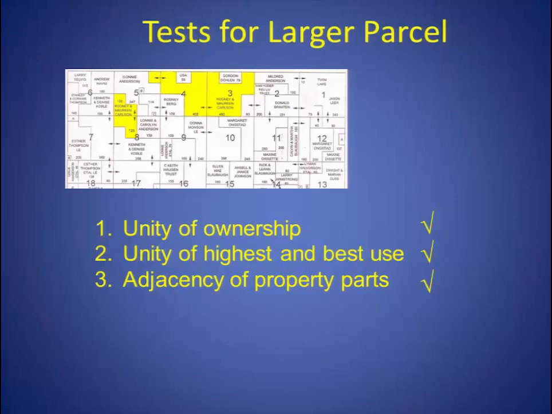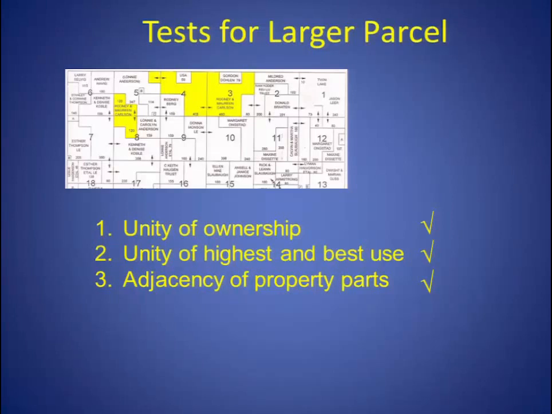Carlson has the whole thing. Is there unity of use, of the highest and best use? Yes, that's also the case here. If we, in contrast, had a producing well right here, then this would not be the larger parcel. We would have this larger parcel as undeveloped exploration acreage, and this larger parcel as a producing property. But in this case, the whole of this is indeed of the same highest and best use.